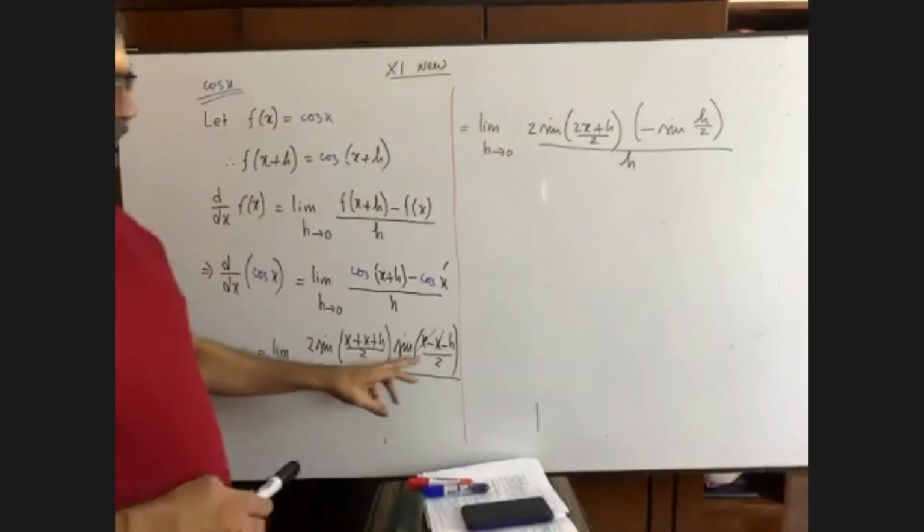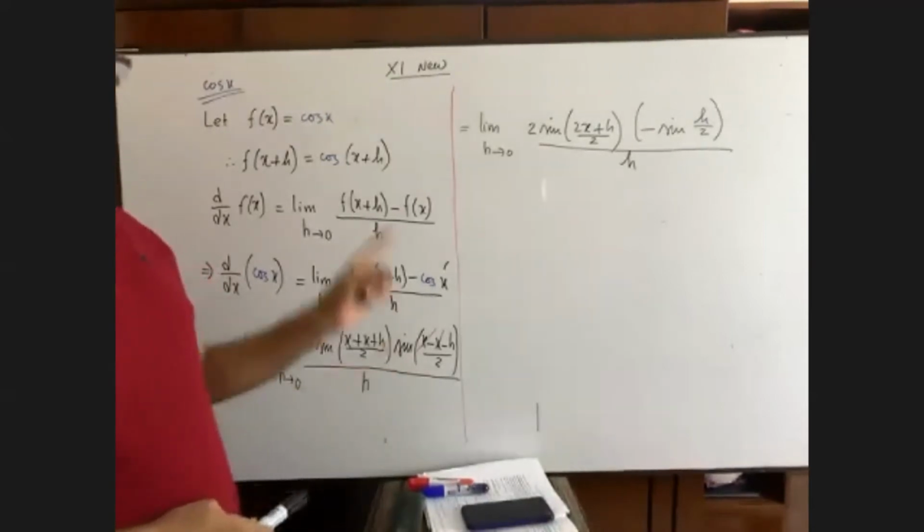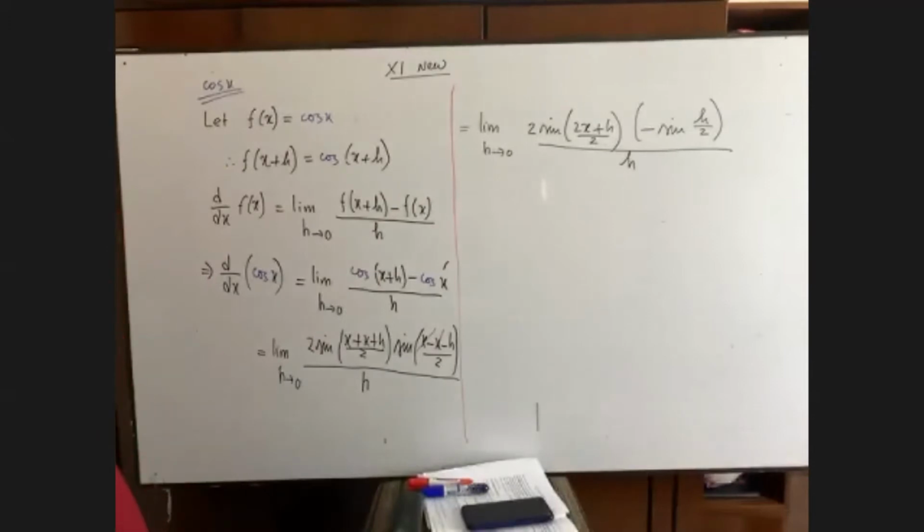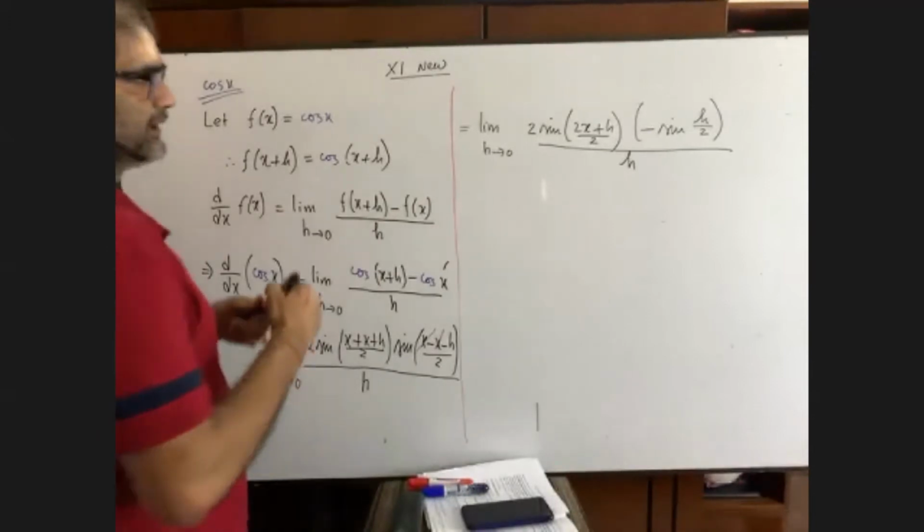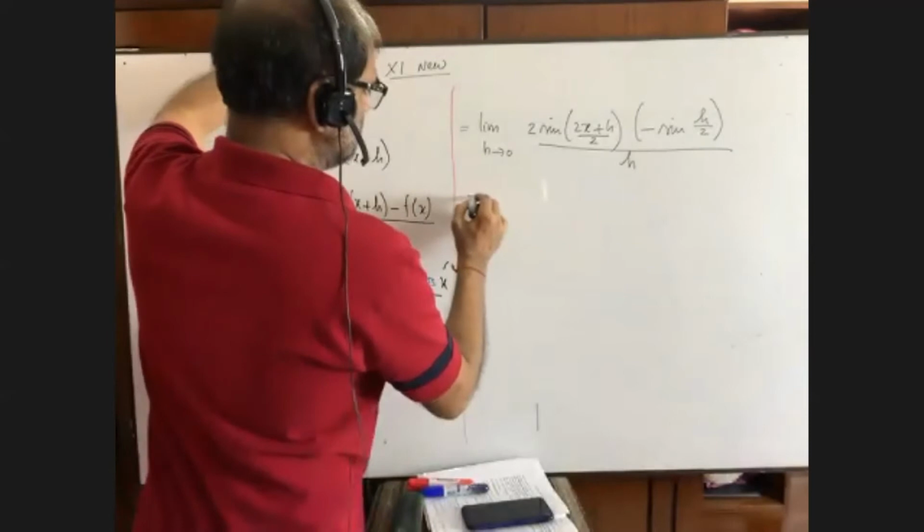It is sine of minus h by 2. That means minus sine h by 2. There's a formula. Now, like the previous math, what will you do? You write down minus